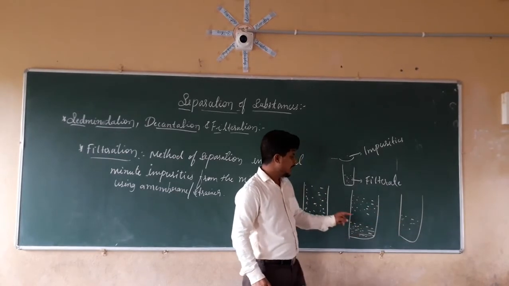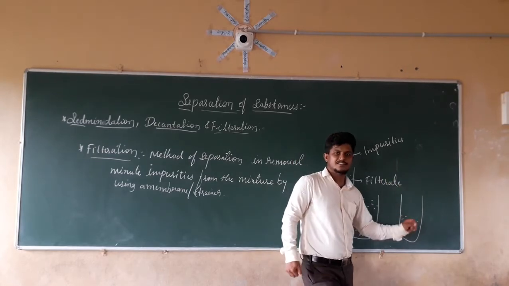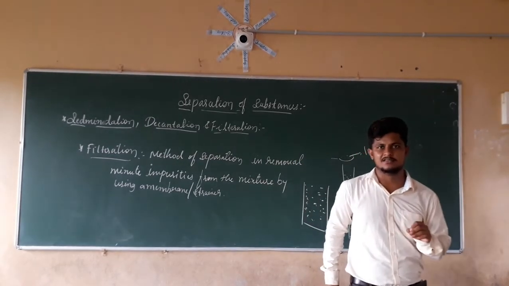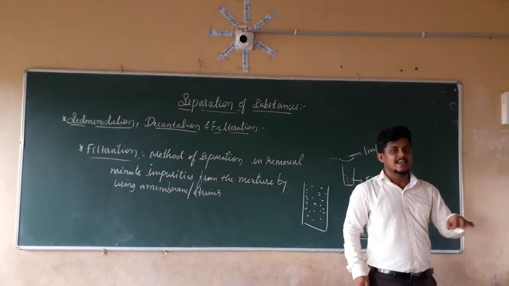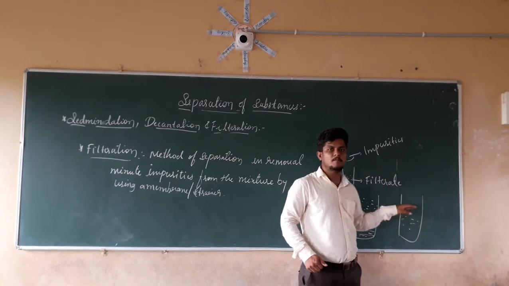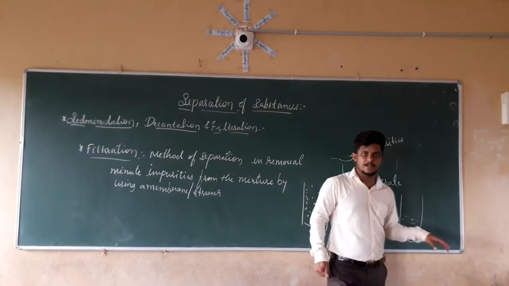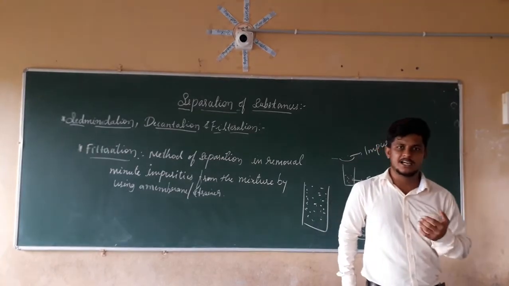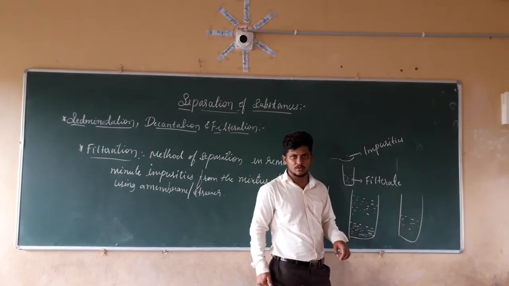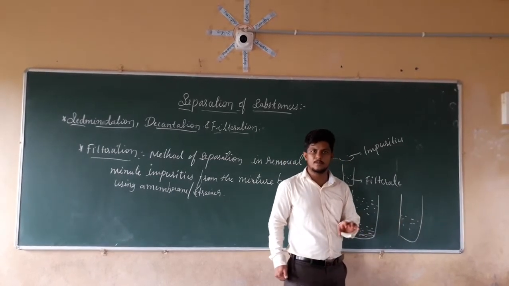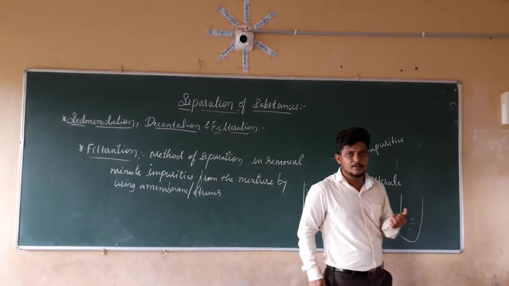So if we check this water again, this water still looks reddish or brownish in color. Why a red color? Since it still contains some amount of minute particles. Those are nothing but impurities. We already know that water is colorless. It doesn't have any color. When you check it, it has a reddish color. So we can conclude that it still contains some impurities. So we have to remove those impurities. How are we going to remove them?